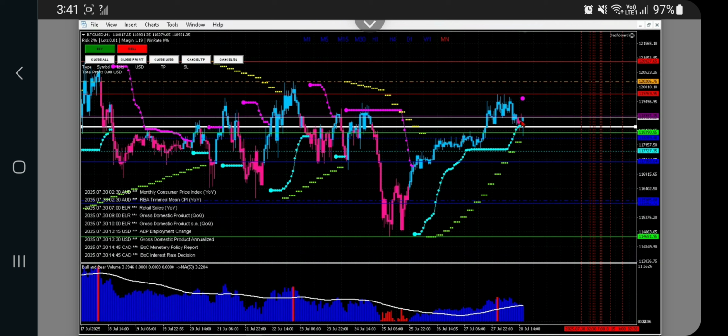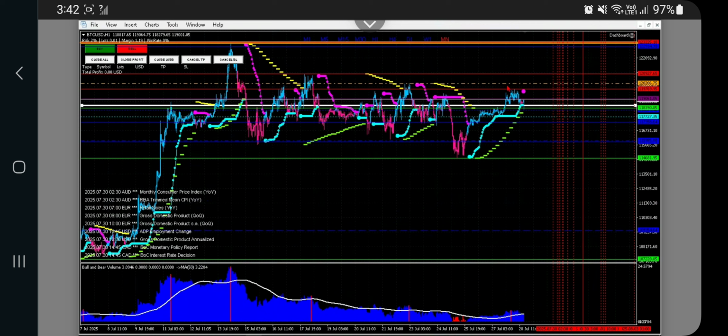As we can see, price is still continuing the uptrend. As I've stated, we're still in the bullish trend. Price would need to drop well below here for it to be a confirmation that we could enter a sell. Right now the market is still testing. I don't think it's actually going to go up, but I do think it's going to test and then break. That is what we're looking at, and the primary reason we're saying it is potentially a sell is